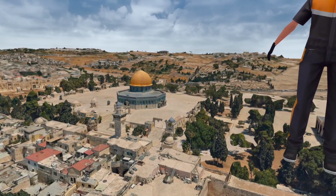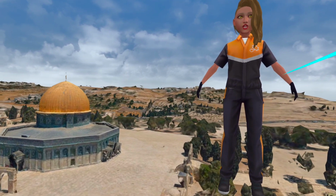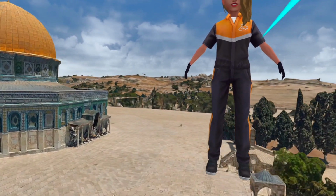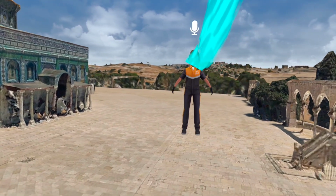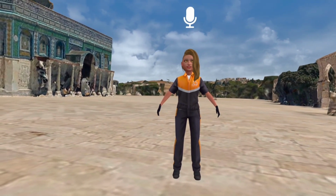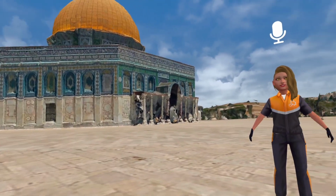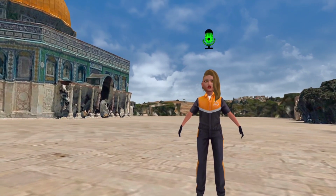It is considered to be the holiest site in Judaism and is also the site of the Dome of the Rock, which is the oldest surviving Islamic monument. The Temple Mount has been a site of continuous worship since the 10th century BCE, and it is believed to be the site of the Jewish temple that was destroyed by the Romans in 70 CE. Today, the Temple Mount is a place of great...